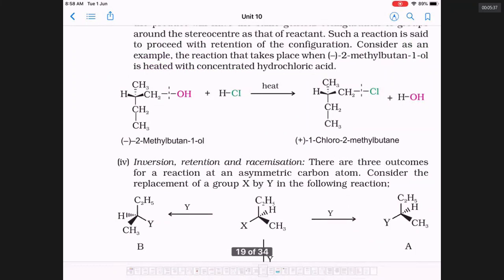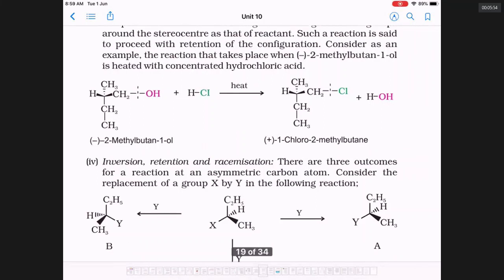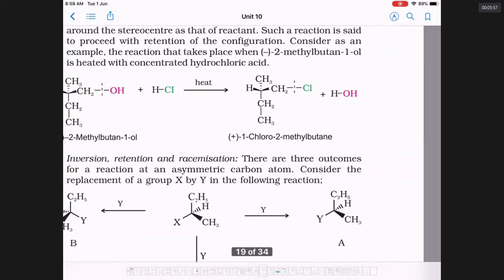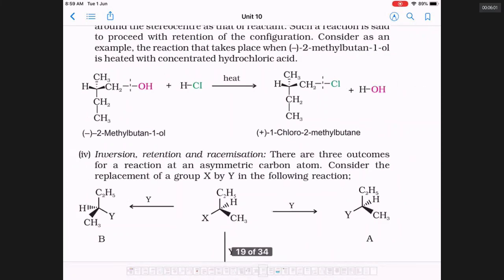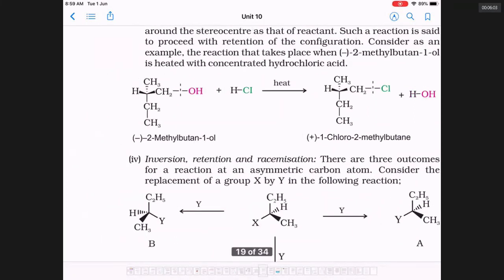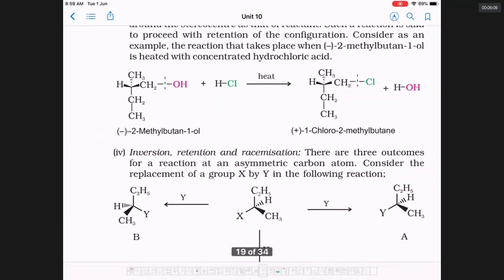Optical activity is decided by experiment. Absolute configuration is decided by looking at how you place the most important group. The most important group is usually the one with a higher atomic number than carbon. In the starting material, the most important group OH is on the right side. In the product also, Cl is on the right side. It has the same absolute configuration. But the optical activity of the first compound is minus, and the second compound is plus. Have you noticed it, sir?